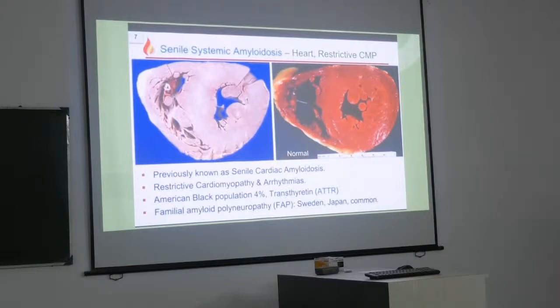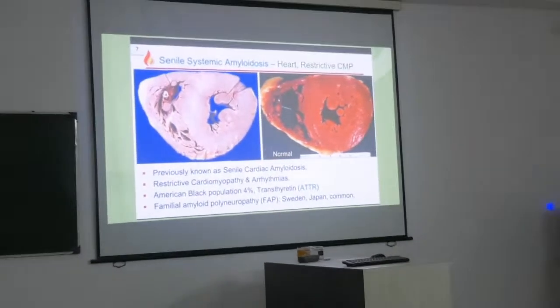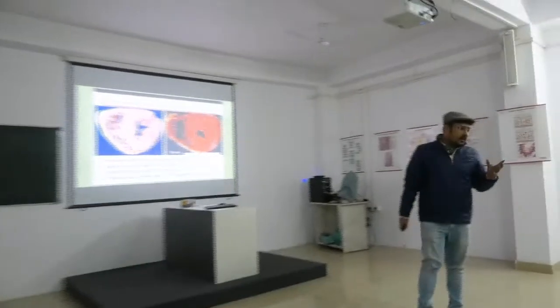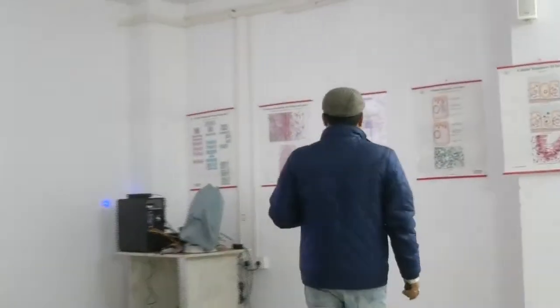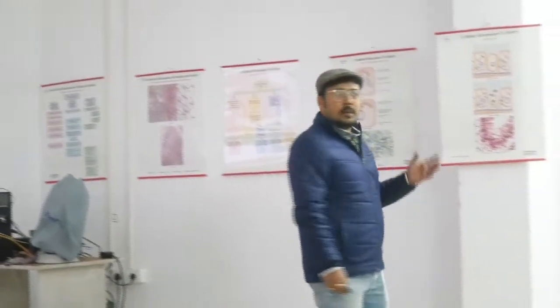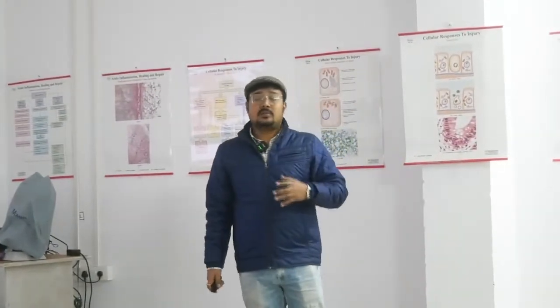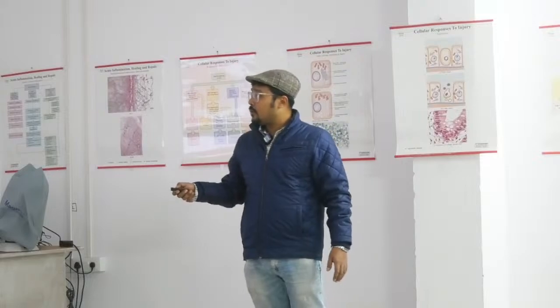Now heart, bigger heart. So this is a case of senile systemic amyloidosis, and this is the picture. Originally all the gross specimen pictures are from autopsy tissue. From the Department of Forensic Medicine, whenever the patient or the family members of the dead voluntarily appear for biopsy, autopsy or postmortem, then we can get such specimens in our museum. So this is enlarged